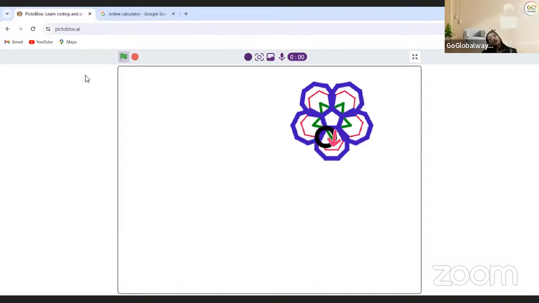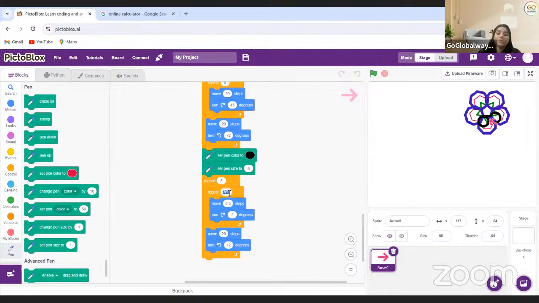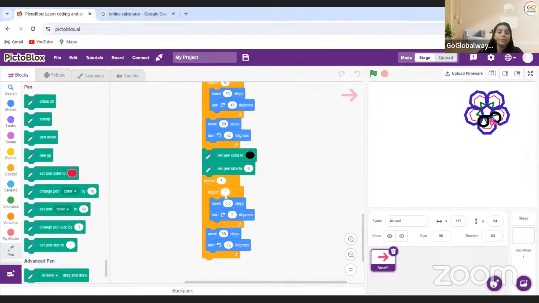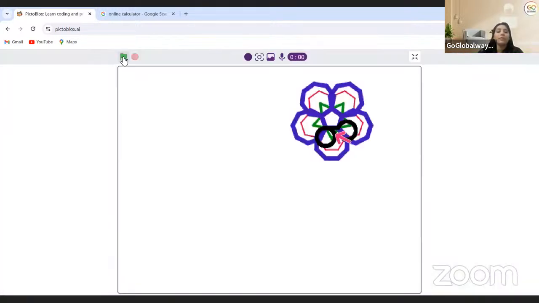So this was your 1 circle. Actually, I took 2 degrees now for 360 times. So that's why it's like that. You need to calculate. So this time it's not 360. It should be half of 360. You will write 360 divided by 2, because you give 2 degree turns now. So it should be 180 times. Now, if I run this code,